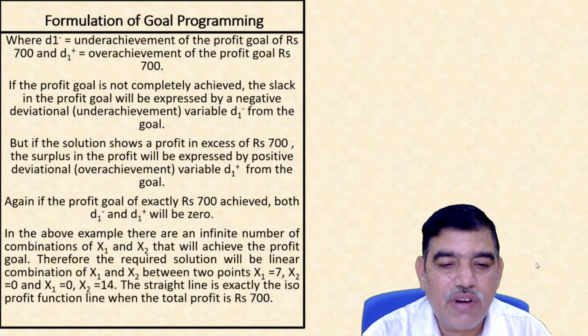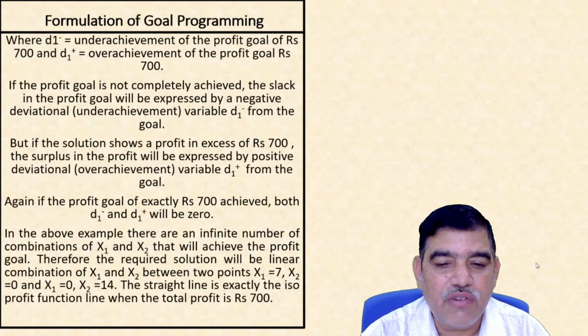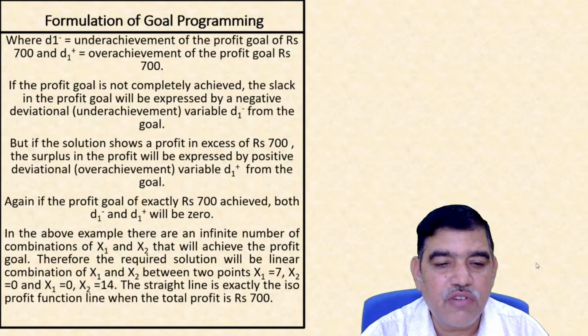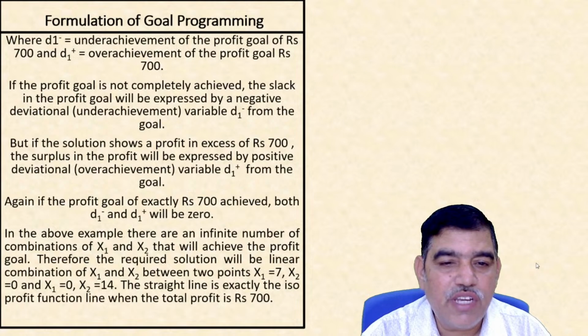Therefore, the required solution will be a linear combination of x1 and x2 between 2 points: x1 equal to 7, x2 equal to 0, and x1 equal to 0, x2 equal to 14. How do you get x1 equal to 7 and x2 equal to 0, and x1 equal to 0 and x2 equal to 14? In the equation,